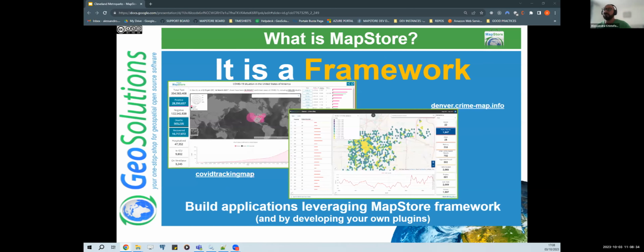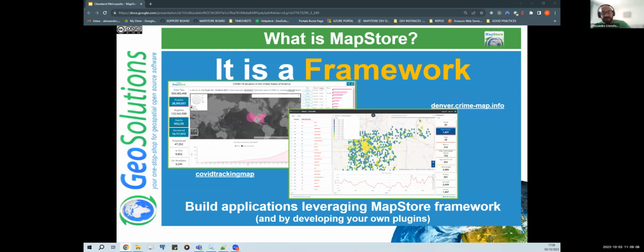In fact, we can call MapStore a framework because it allows an extensive and fine level of customization. It is possible to customize the core plugins that are present in the main MapStore core product. You can create your own plugins that would do specific tasks that adapt to your specific environment. Those core plugins would follow the development guidelines of MapStore, but you can also develop your own extensions that would